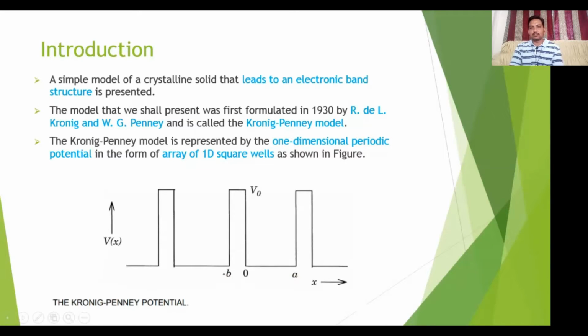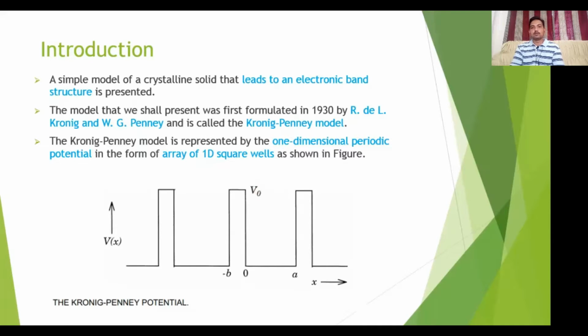This is the point after which the potential repeats itself, as you can see from point minus b and from point a. The potential repeats itself. That is the reason you can say that the potential is periodic. So we always focus on these three points, which divide this into two regions. One is the barrier with potential V0, and the other is this well with potential 0. So we have two regions.